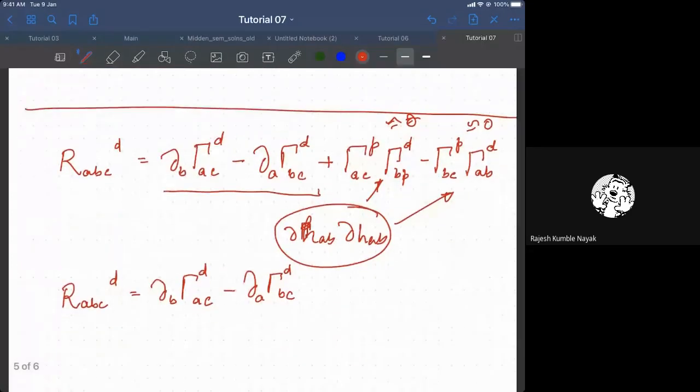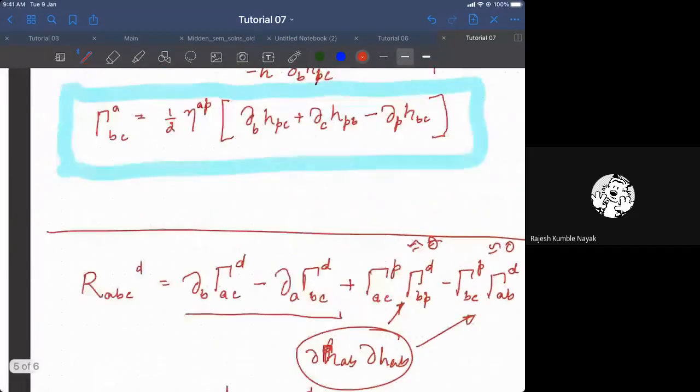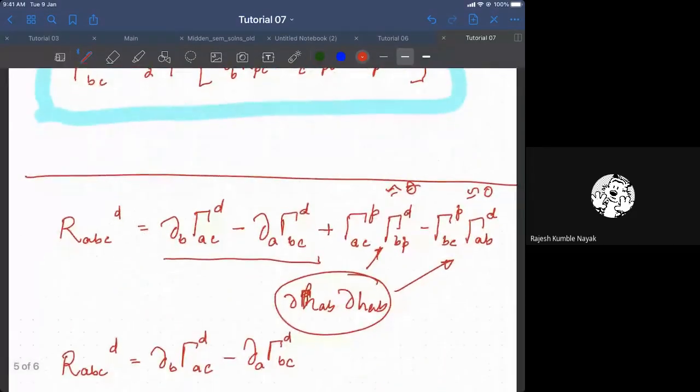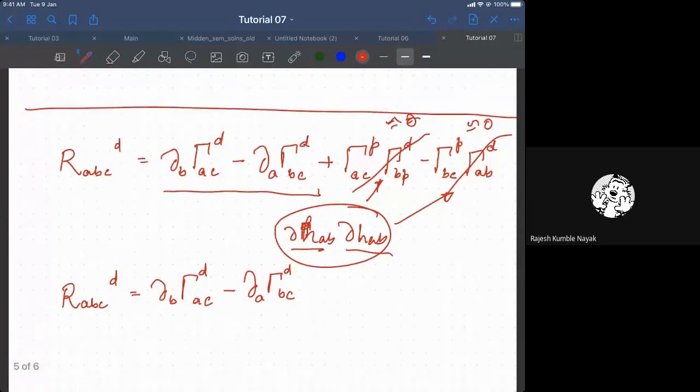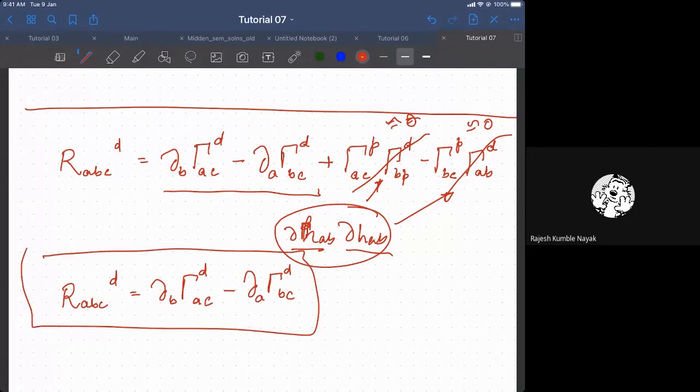Now, when you multiply two gammas, the minimum order would be h squared. There is not going to be a term smaller than h squared. One derivative, other derivative. So under linear approximation, that we assume to be 0. And so this entire term would not have any h order term. It has a minimum order of h squared. So that is why the nonlinear term goes away. Only the linear term of the Riemann tensor remains. That is what we have here.